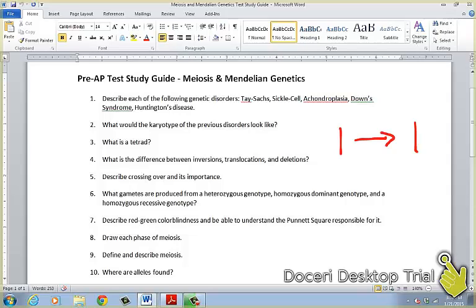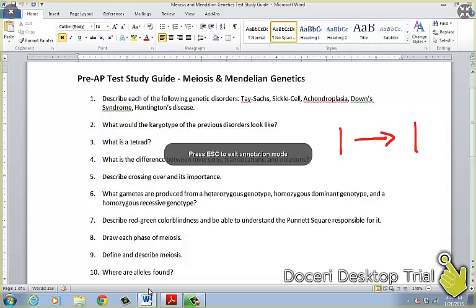Inversion's on the same one, so you have the movement of the genes on that chromosome. Translocation, you have a segment of those genes that travels to another. So with a translocation, you'd see one that's larger and one that's smaller. And then with a deletion, it is just as it says, part of the chromosome or a part of that sequence of DNA is